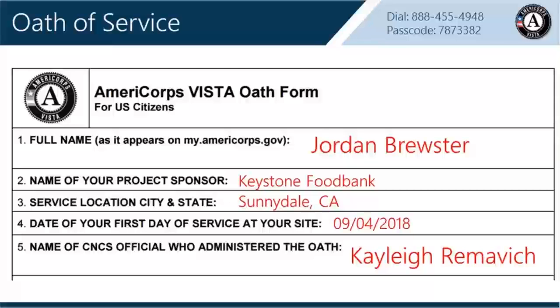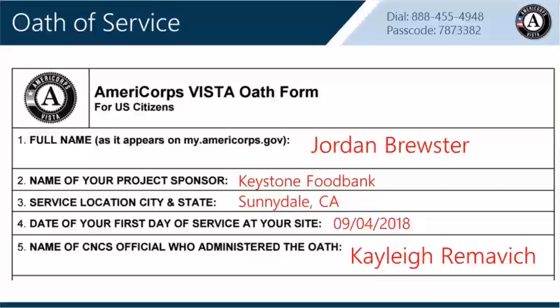In box number 3, by now you should know the city and state where you're serving, so go ahead and put that on the oath. And again, if you don't have your oath, just take note of the instructions and we'll get back to you on that soon. In box number 4, you need to make sure you put today's date, September 4th, 2018. Typically, we put it in the format 09/04/2018,